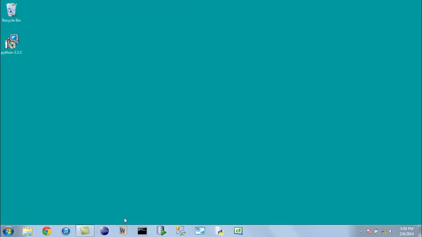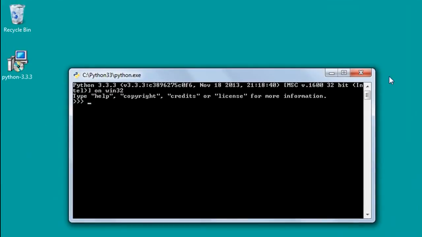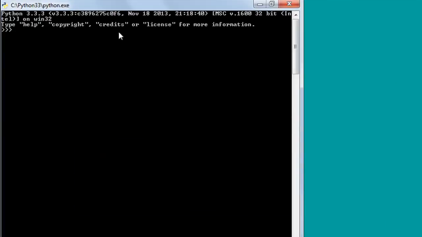I'll first get my Python command line application, and when I click on start, I can type in Python, and you can select the Python command line application from the program list. And when you click on it, when you get the program up, you would see this window, and in the window on the first line you would see the version of Python that you have currently installed on your system. So on my system I have the latest version, Python 3.3.3 installed,